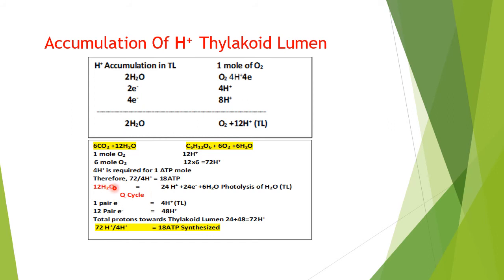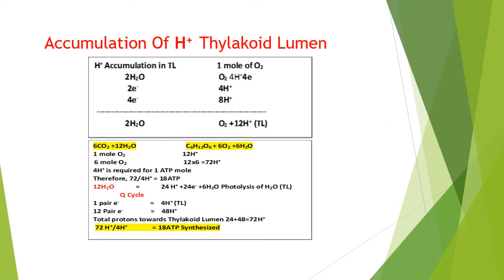So 12 water molecules are there. That will result in the accumulation of 24 protons, 24 electrons, and 6 water molecules will be released back. So what the Q cycle is doing: 1 pair of electrons, 4 protons translocate towards the thylakoid lumen, 12 pairs, that will be 48. Total protons towards the thylakoid lumen will be 24 plus 48, that is 72 protons. 72 protons divided by 4, since 4 are required for this, so there will be 18 ATP synthesized. This is the overall accumulation of protons